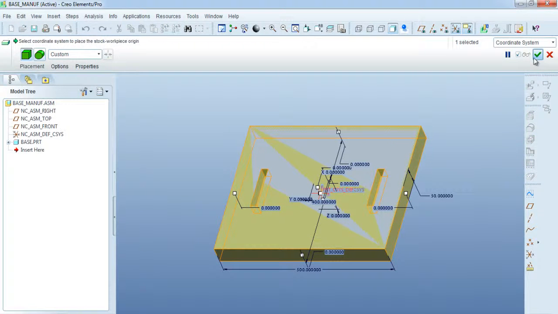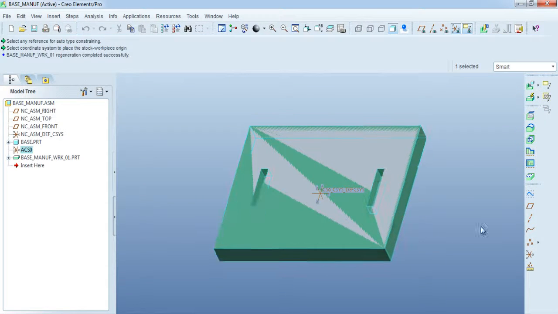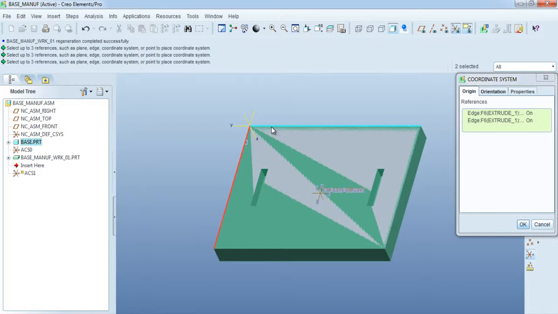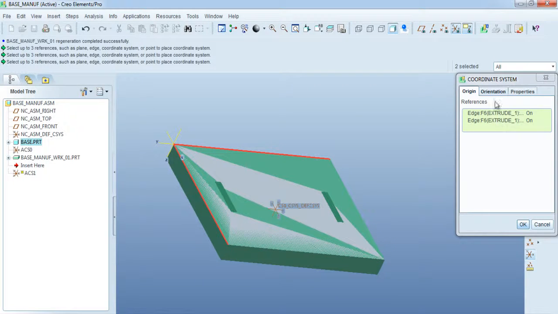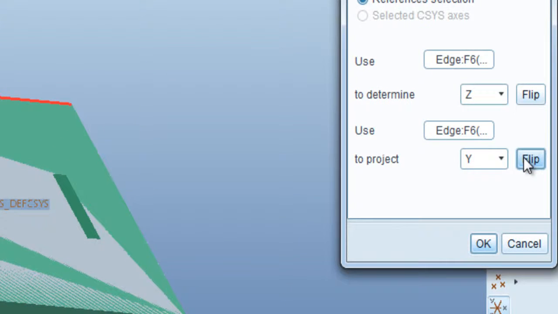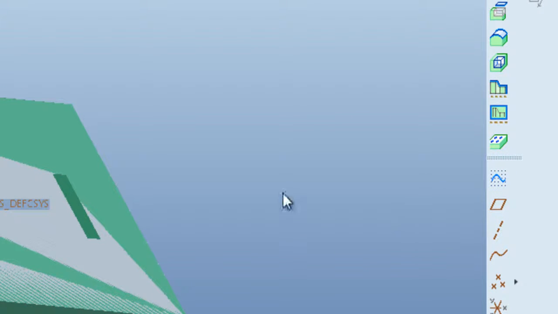Build the workpiece material, click on tick mark, create a new coordinate axis system, select this line and this line, make sure Z is pointing upwards. Click OK,